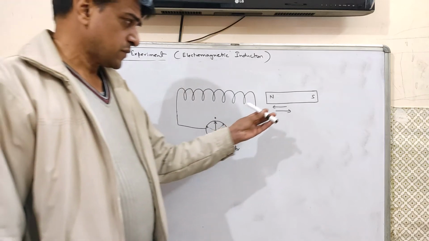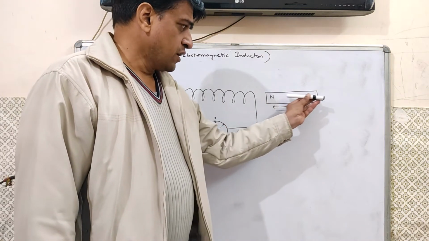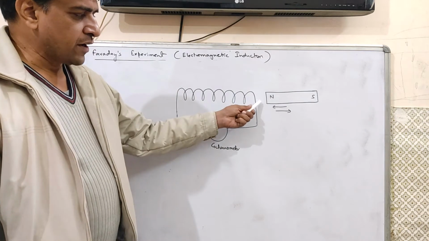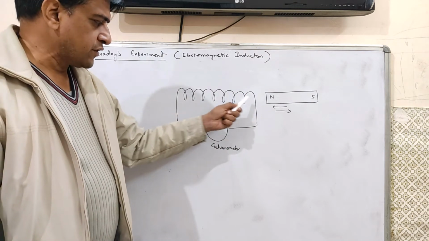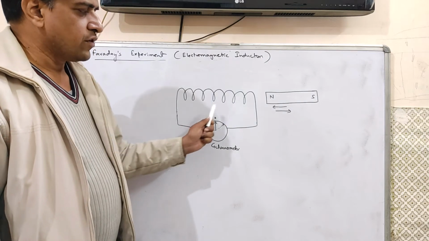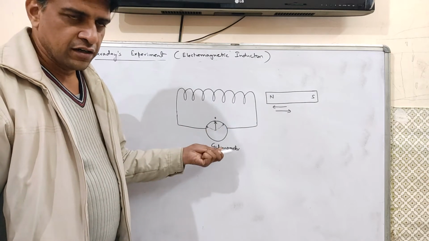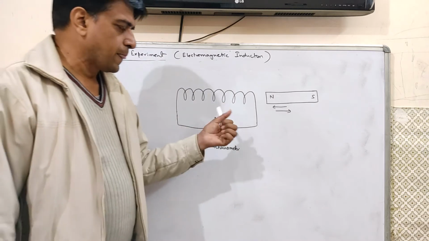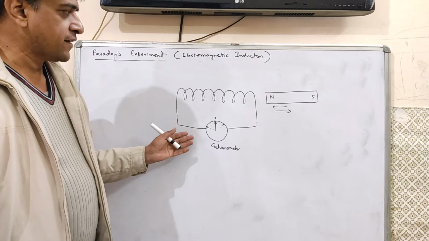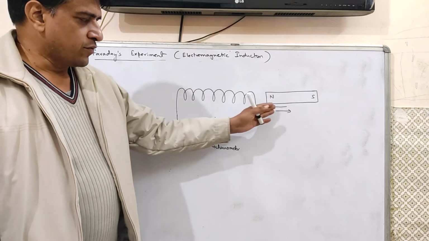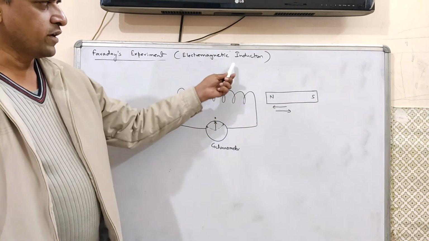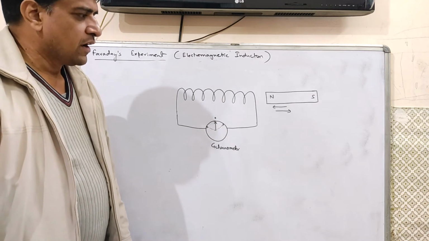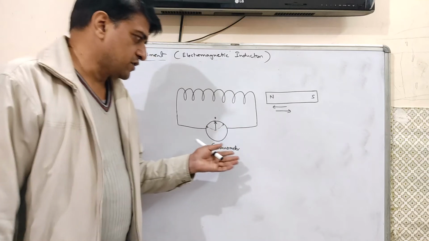And whenever this magnet is brought away from the coil, again there is a change in magnetic field, and this change in magnetic field again leads to a flow of charge or current. That means current is passing, and this flow or this production of electric current with the help of changing magnetic field is also known as electromagnetic induction.